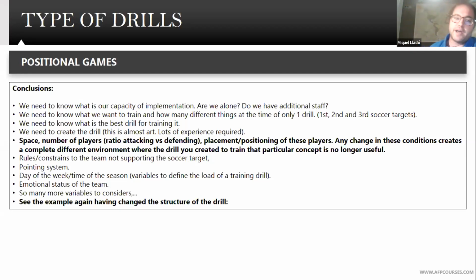You'll see an example now. Rules constrain the team that is not supporting the soccer target, in that case the defending team. The pointing system is crucial. What happens if